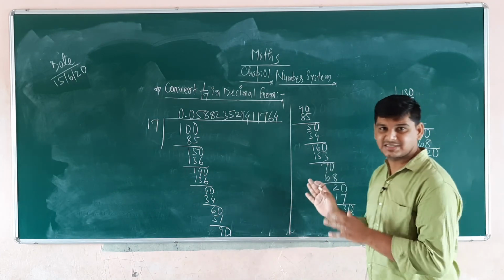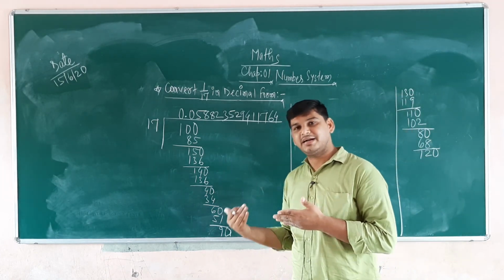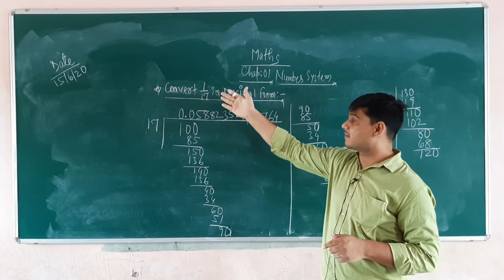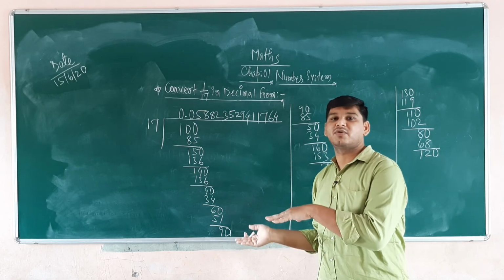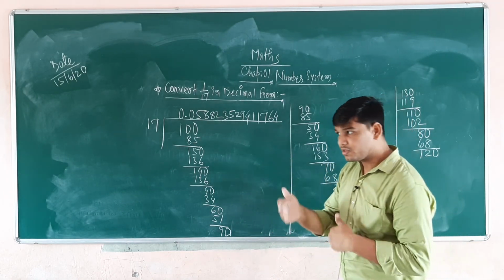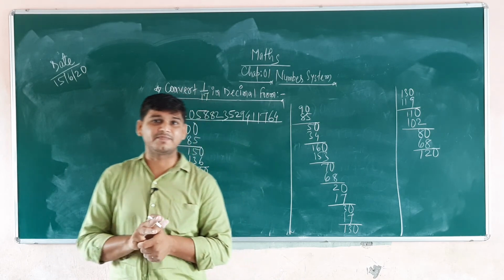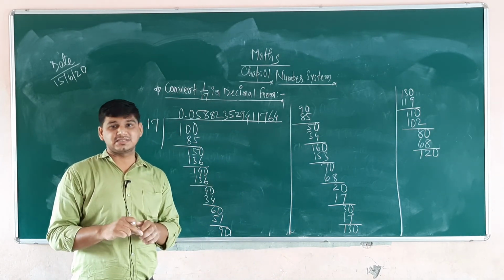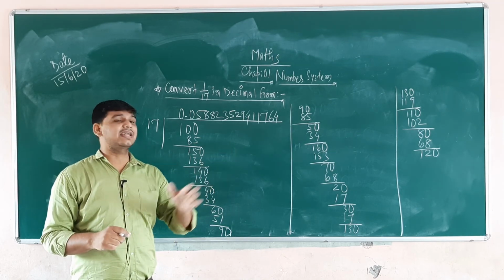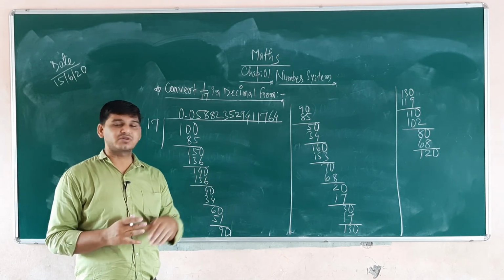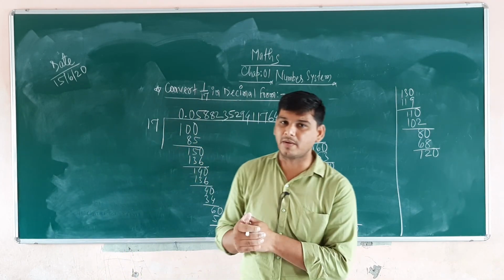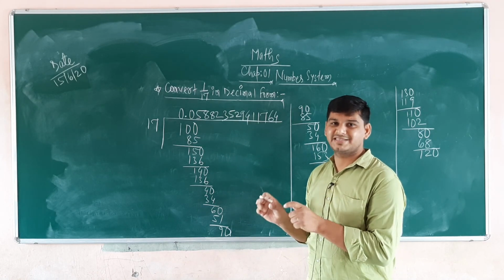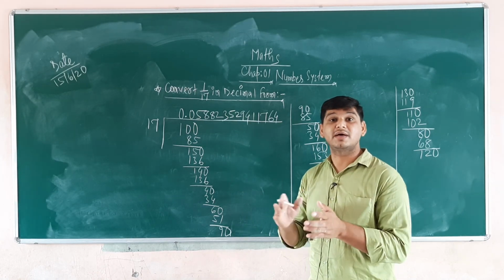So these are the two topics we discussed. First, converting a decimal number into a rational number p by q. Another, how a rational number can be converted into a decimal number. Next time, we will discuss how the long division process can be applied in the number system. So the simple division process is there, and we also discussed decimal to fraction form. When we meet tomorrow, we will discuss how the long division process can be applied in the number system.